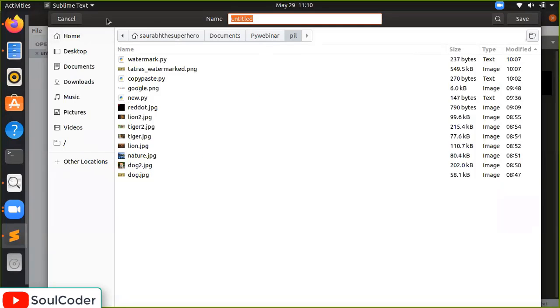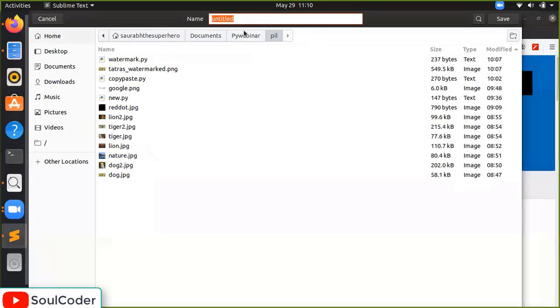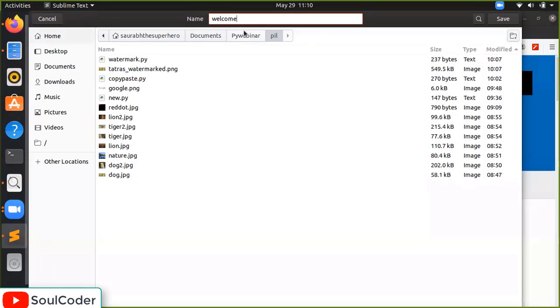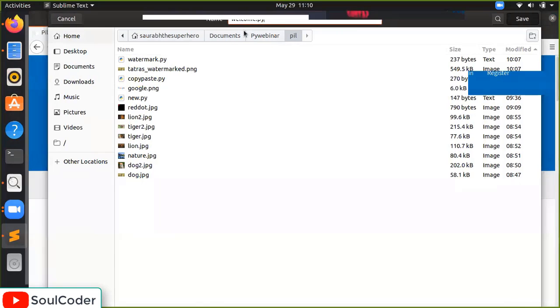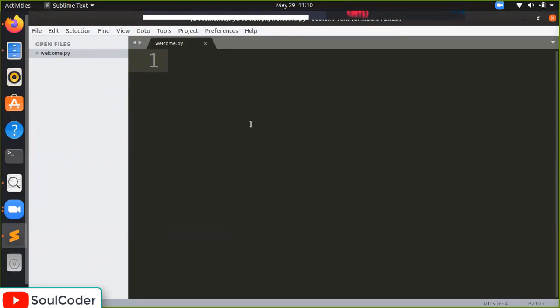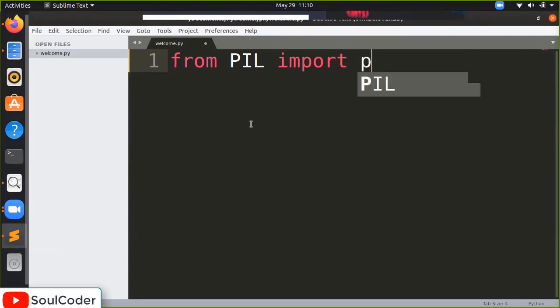So I'm writing my code here in a new file, welcome.py. Here what I will write is from PIL import Pillow.